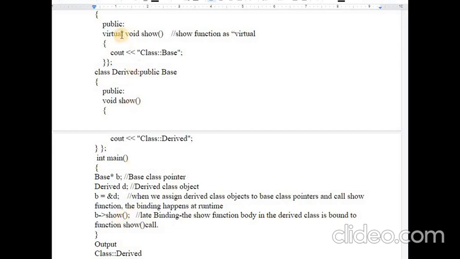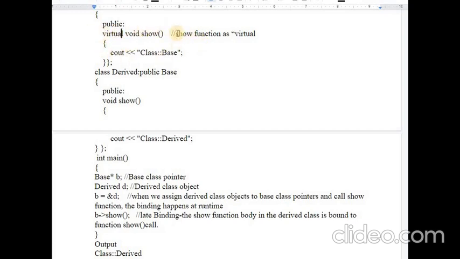So what happened here? By adding this virtual keyword, the compiler ignored this function definition. If we do not write the virtual keyword here, then this is the first definition encountered by the compiler, and it will show the show function of the base class. It will show this message here if we do not write the virtual keyword. But by making this particular function virtual, the compiler will ignore it.